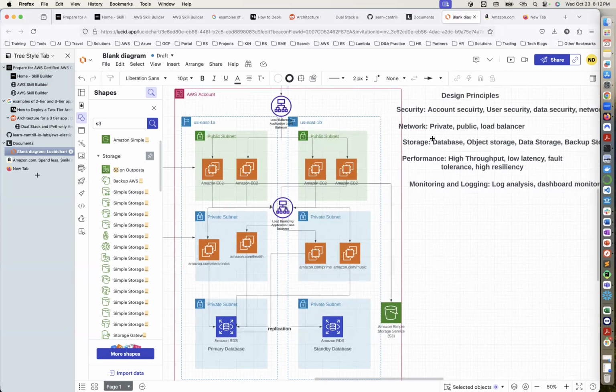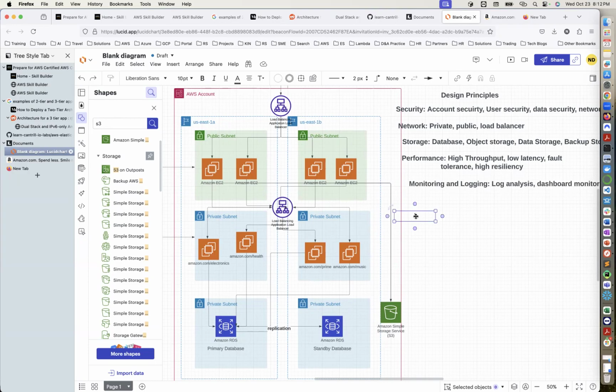Okay, so account security, we're going to secure this account. How are we going to secure the account? We're going to use multi-factor authentication, and we're going to see all of this stuff in our notes that we're about to do. Right? Account security,